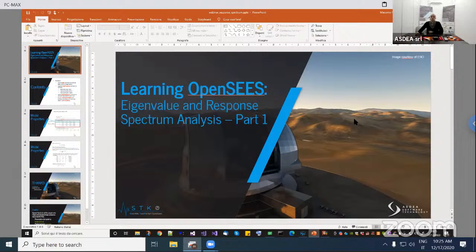Okay, so probably, as you know, eigenvalue analysis is already included in OpenSees. Response spectrum analysis is not. Here we just finished and tested the implementation of the response spectrum analysis directly inside the OpenSees code, and it will be available soon. Just tomorrow, we are going to send this code to the OpenSees maintainers. Then, of course, it will take some days, probably a couple of weeks, for them to include it in the